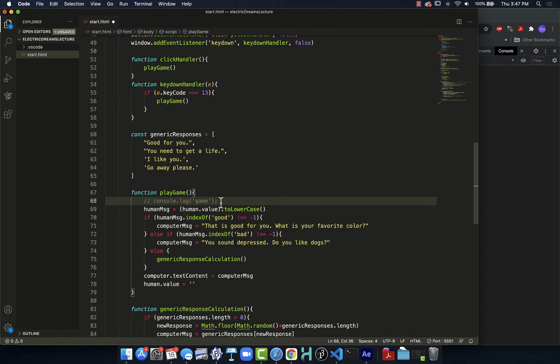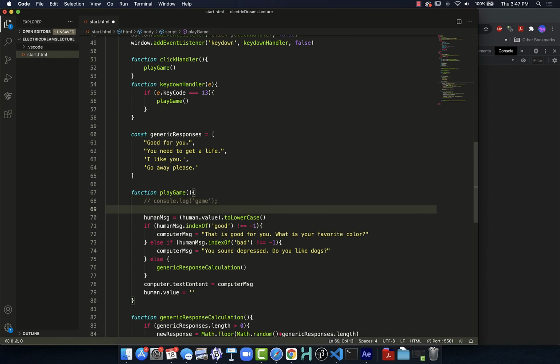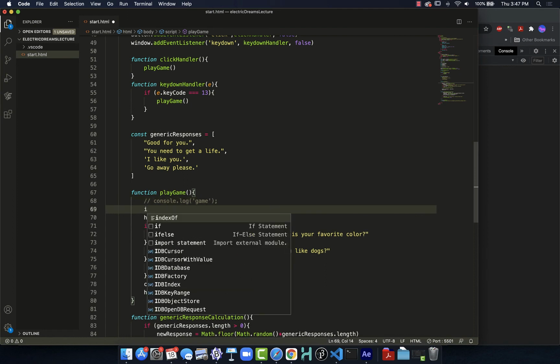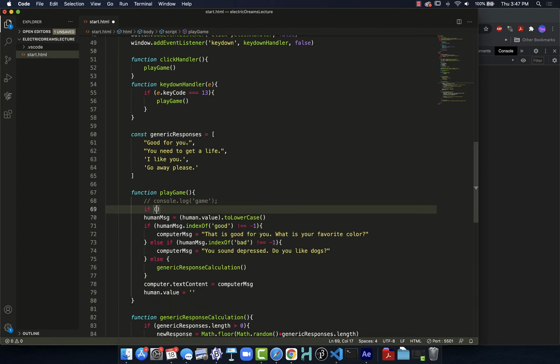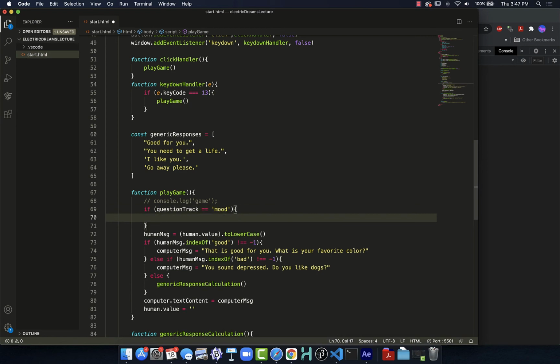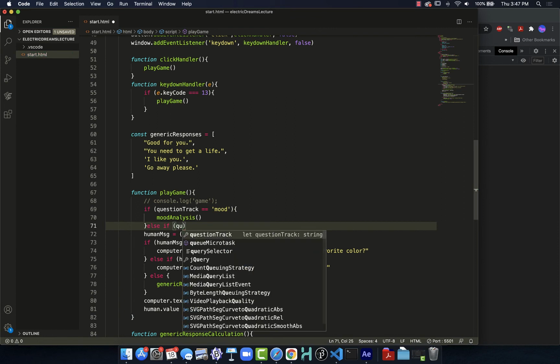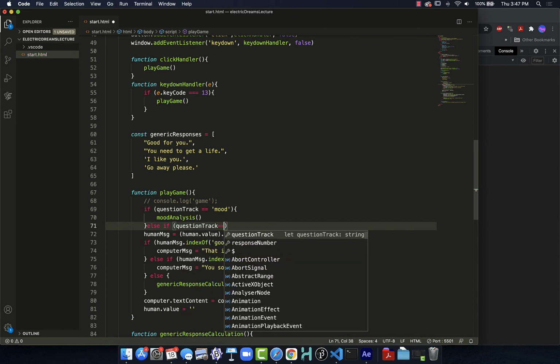Then inside play game, we can write this using an if statement, or I could write it with a switch statement. So I could say if question track is equal to mood, and we'll do our mood analysis. And then it will be else if question track is equal to